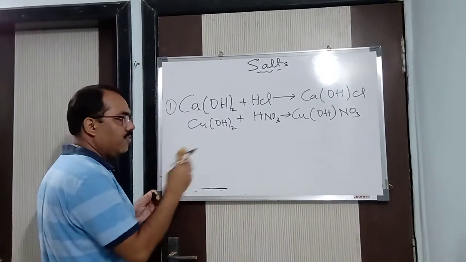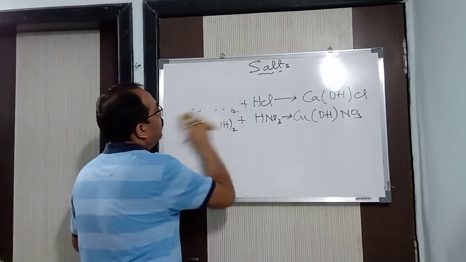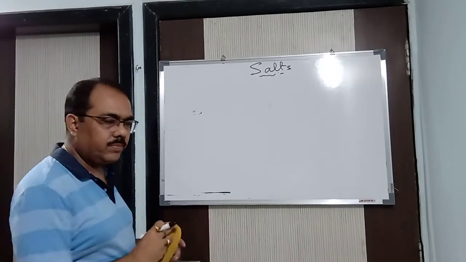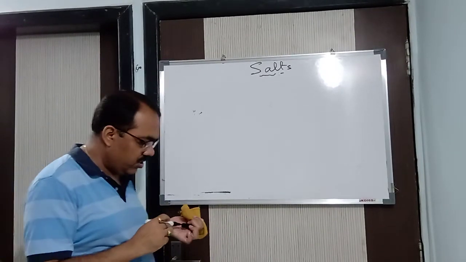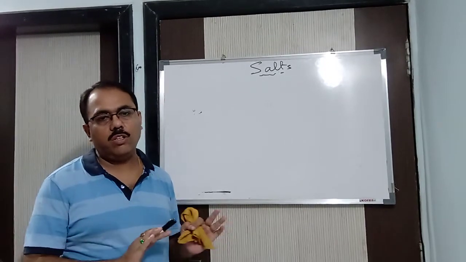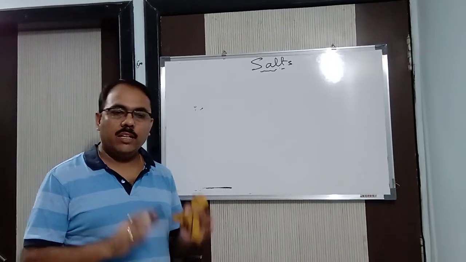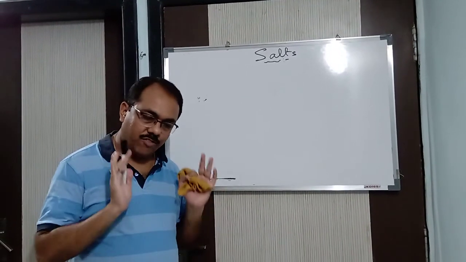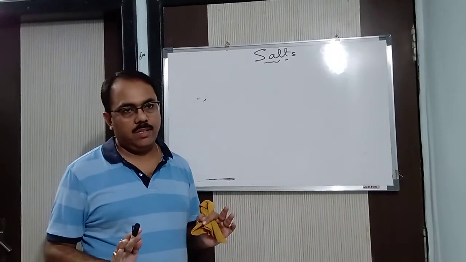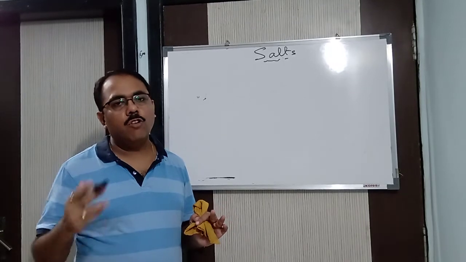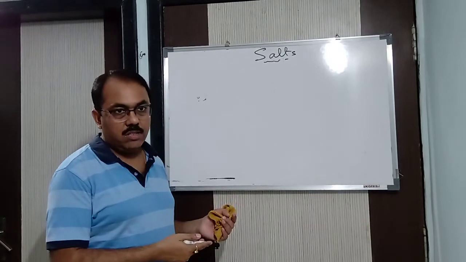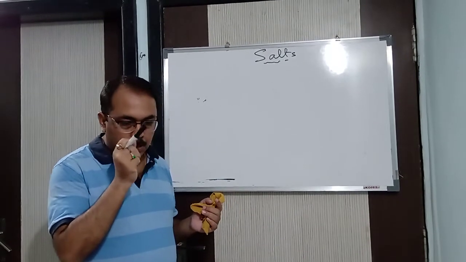Next, after basic salt, we will have double salt. The name itself says double salt, meaning two salts. So how is a double salt formed? You will take two saturated solutions of a salt and mix them. Listen carefully. You take two saturated solutions of a salt and mix them up. Then after that, you go for crystallization to get the double salt.